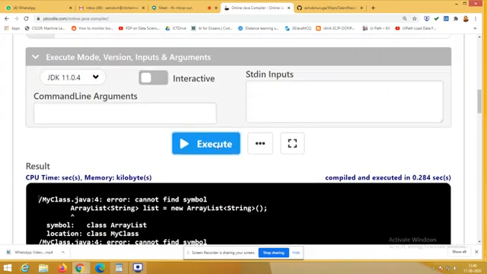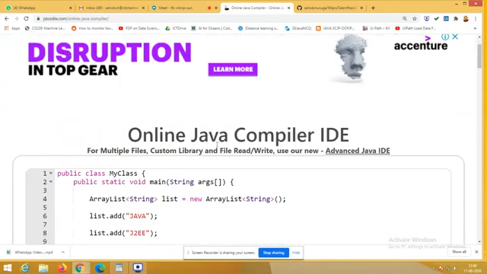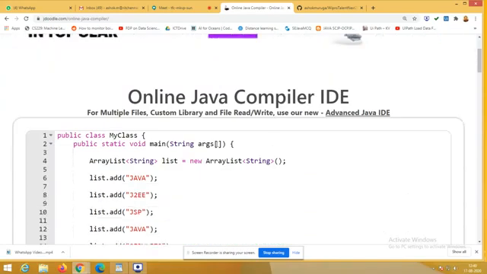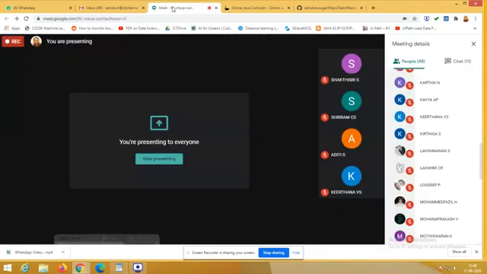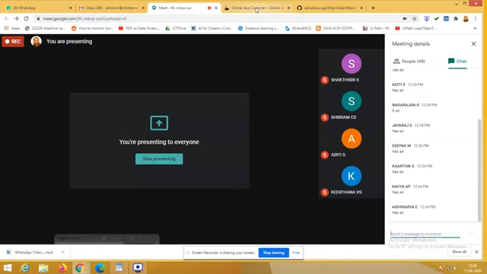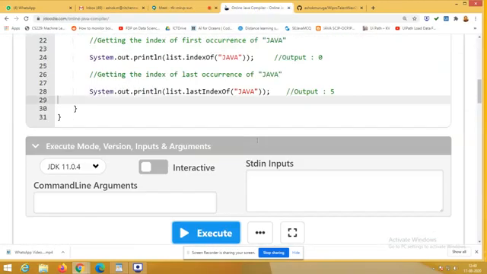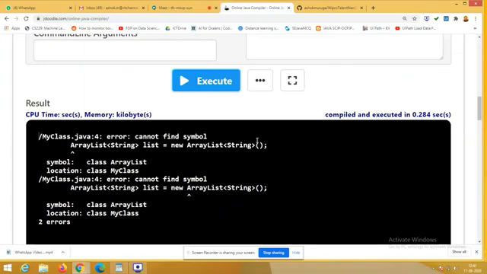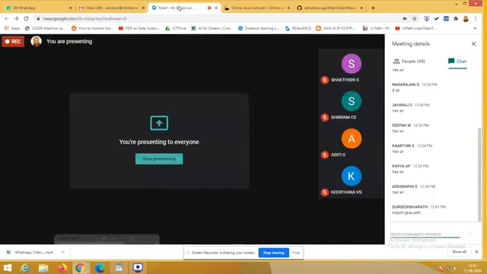My God, why is this error coming? Any one of you? What do I have to do here? I have mentioned this in the last session also. Please respond in your chat. What do I have to do to overcome this error? What is the error it is reporting? I'll show you the error again. ArrayList cannot find symbol. This is the error. So what do I have to do?